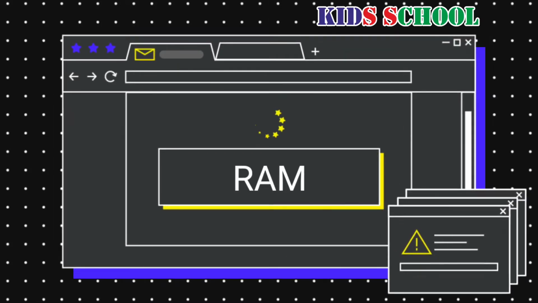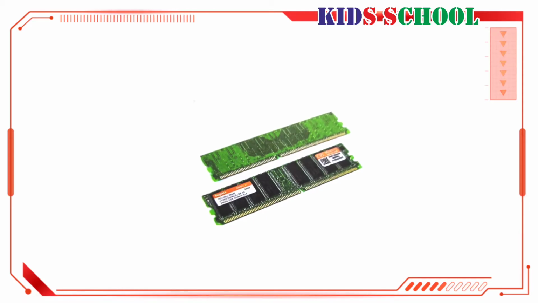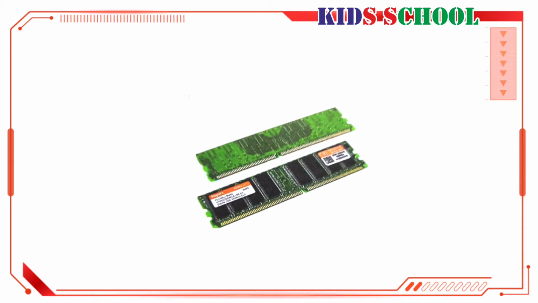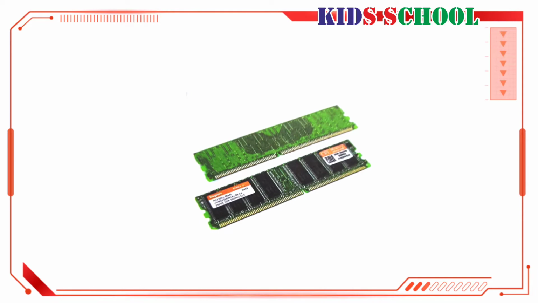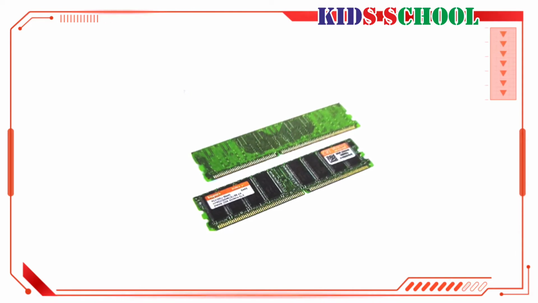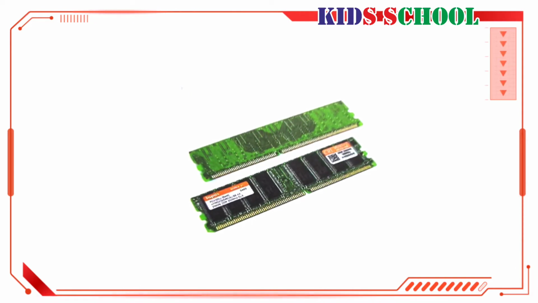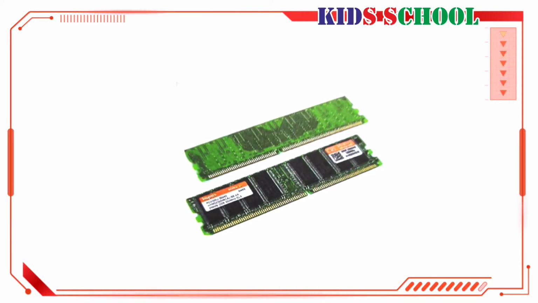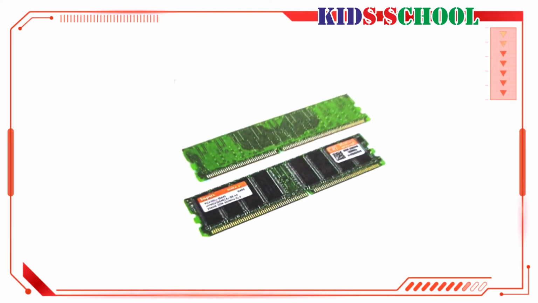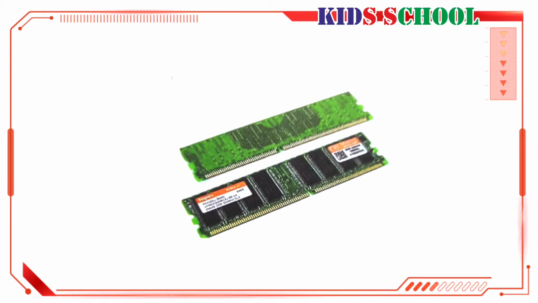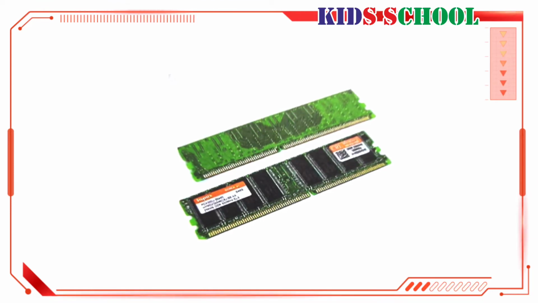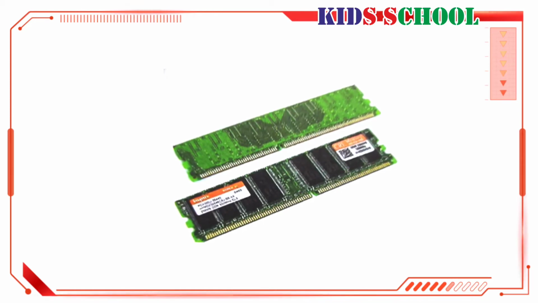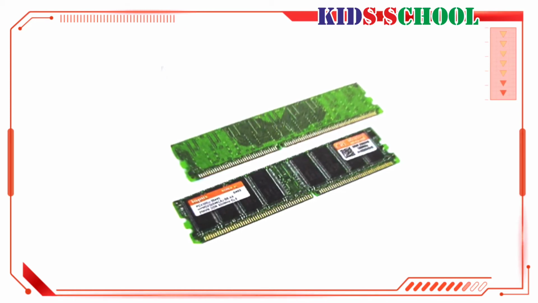Random access memory. RAM stores data on which the CPU is currently working. Information can be read from and written onto the RAM. However, RAM is volatile in nature. The information stored in it remains as long as the power is switched on. As soon as the power is switched off, the information contained in it is lost. So, we have to copy data from RAM to a secondary storage device.